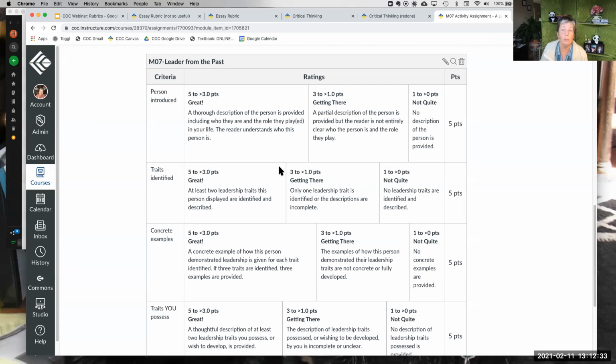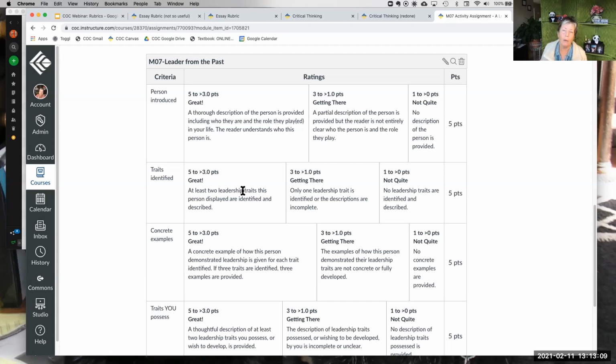Now, if I'm a student looking at this rubric, it's crystal clear to me what I need to include in this assignment, even before I get started, in order to get a good grade. And as the instructor, it's crystal clear to me how to rate each of the grading elements on the assignment. So the more specific you can get with your criteria that you're going to be looking at, and then describing them as accurately as you can, that's going to be helpful to students as they get ready to submit, and then for you once you're actually grading.